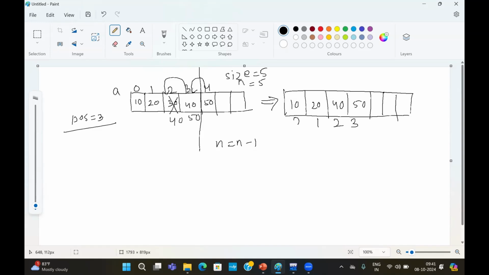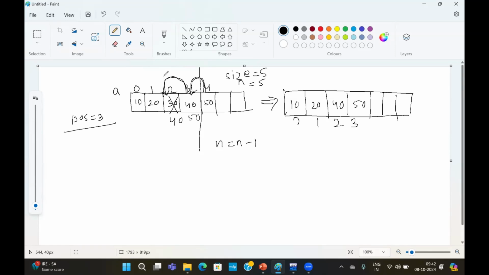So for the delete operation, two things we have to do. We have to shift the elements to the left side. In case of insertion, shifting should be done to the right, but here the shifting should be done to the left side. Means the element should be moved to the previous index. In case of insertion, to the next index. But here the previous index.